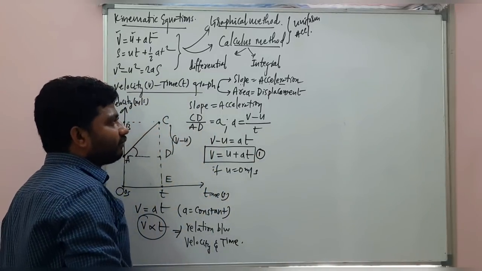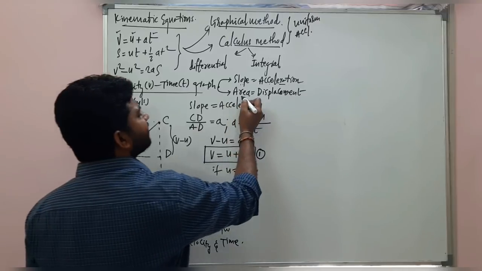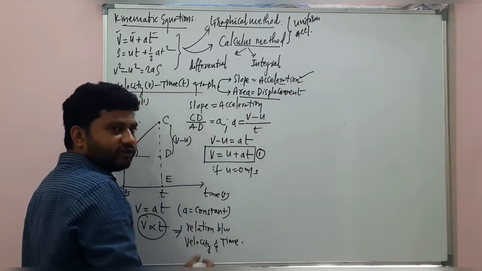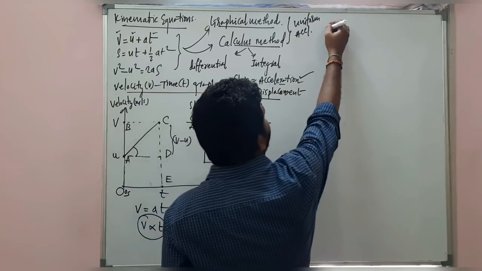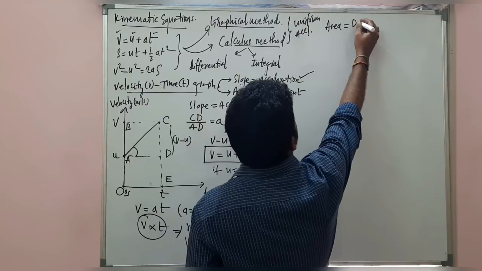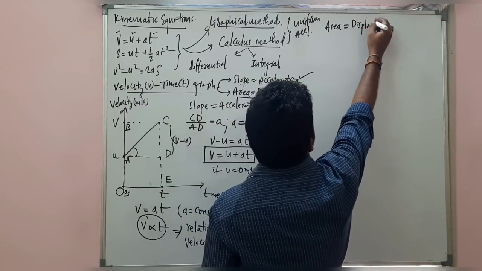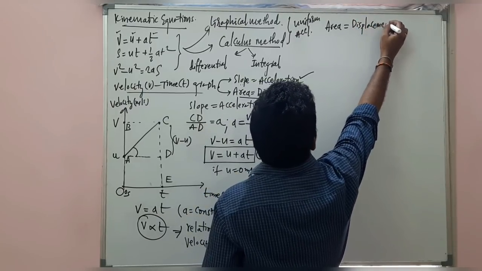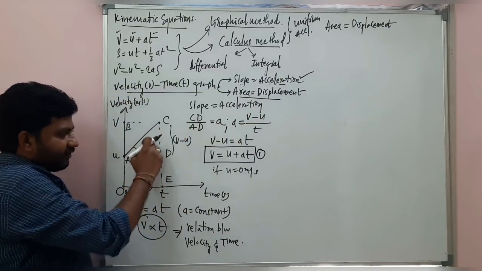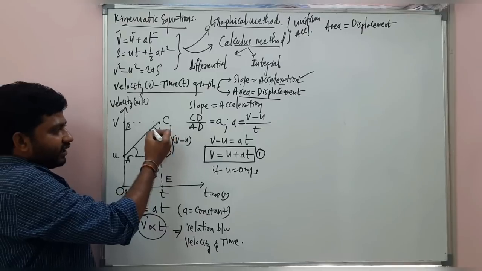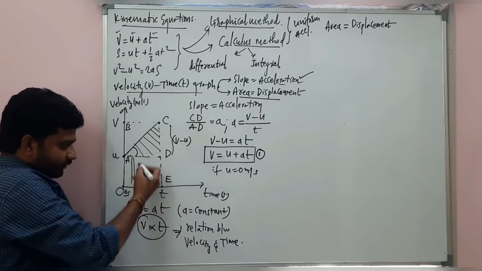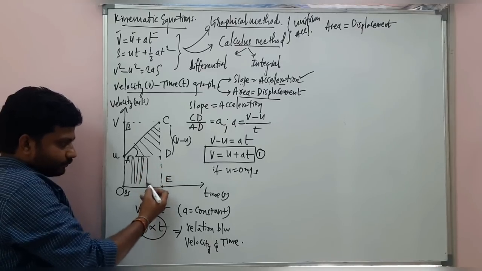And the second equation of motion. I'm just taking the second point in this. First point, we found the first equation of motion, and the second thing: the area under the graph gives you displacement, right? So what is the area under the graph? This is the area under the graph, my dear children. This is the area of the triangle and this is the area of the rectangle.